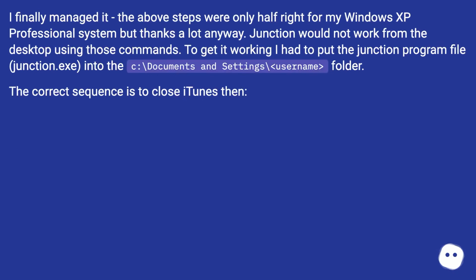I finally managed it. The above steps were only half right for my Windows XP Professional system, but thanks a lot anyway. Junction would not work from the desktop using those commands. To get it working, I had to put the junction program file, junction.exe, into the C:\Documents and Settings\ folder. The correct sequence is to close iTunes, then